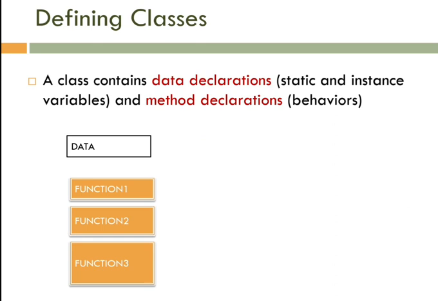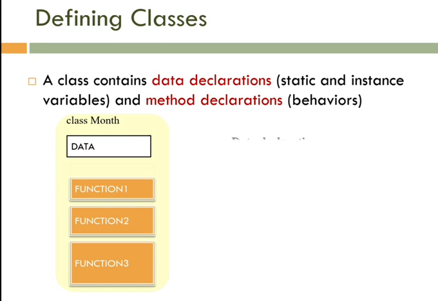First of all, I told you that a class is a combination of data and functions, and data may be of static or instance type. We will discuss that later. A class contains data and functions, which are behavior, and we have to wrap them together inside a class. That's why we have one class with us. For example, the class name is month, then we have data and functions of class month.